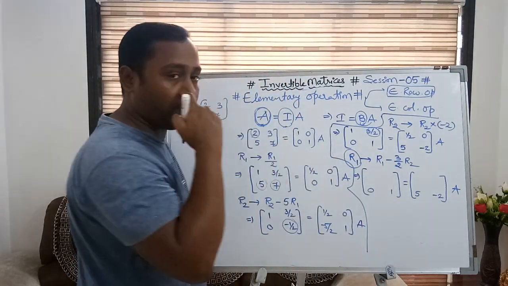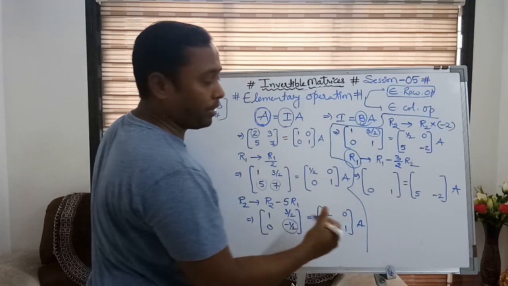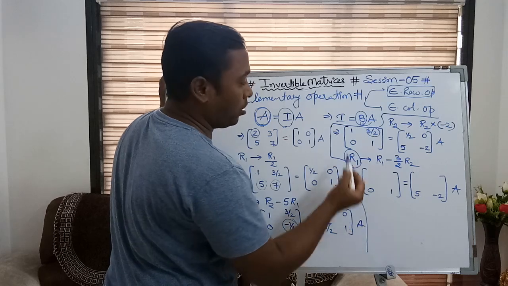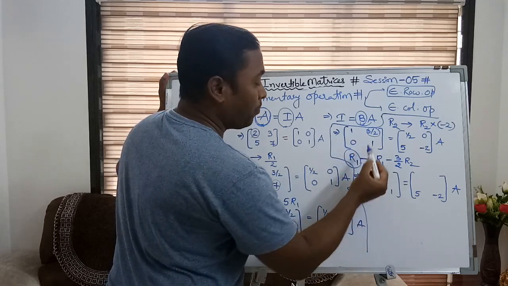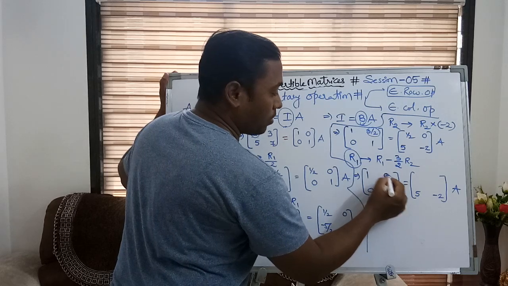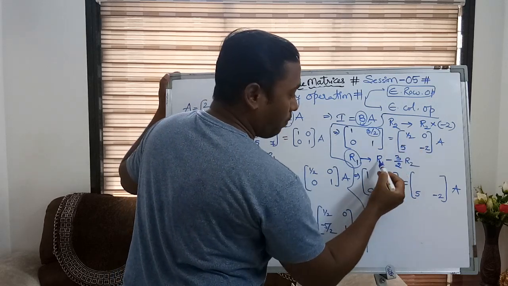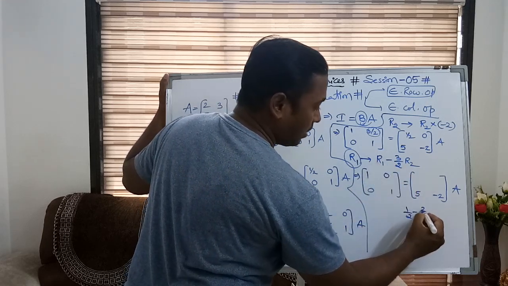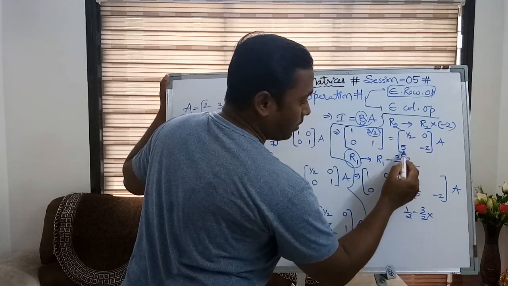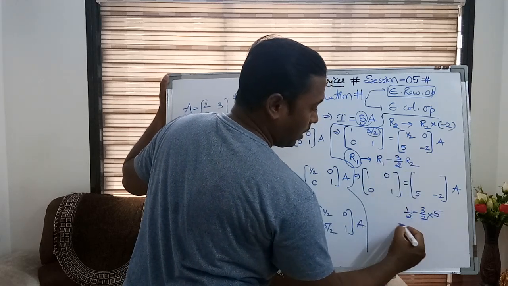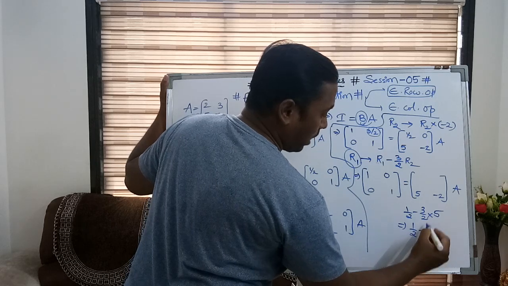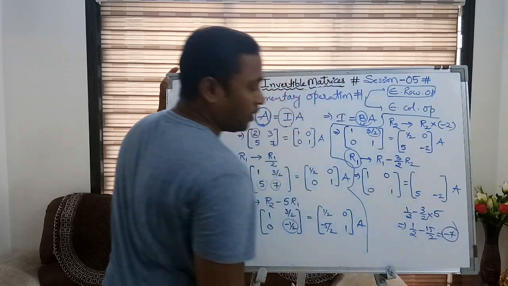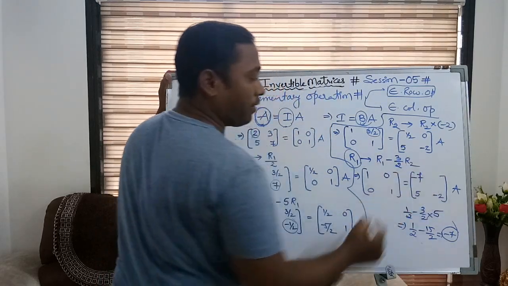So now we are going to change R1 by applying this row operation. Hence R1 के एलिमेंट में से 3 by 2 times of R2 माइनस होगा, तो 1 minus 0 होगा, तो ये 1 ही होगा. 3/2 minus 3/2 zero करेंगे तो ये zero होगा. And then after here, R1 means 1/2. I'm just doing the calculation. 1/2 minus 3/2 times of the corresponding R2 element here, 5. If I do that, 1/2 minus 15/2, that is minus 7. So here the answer is minus 7.